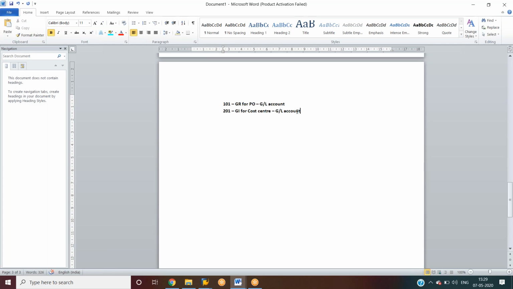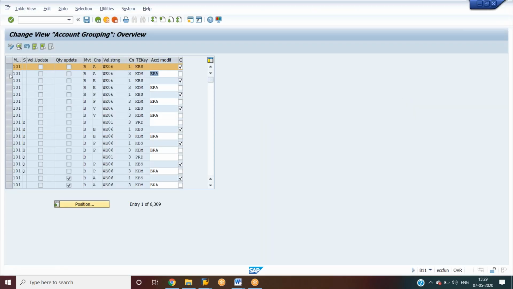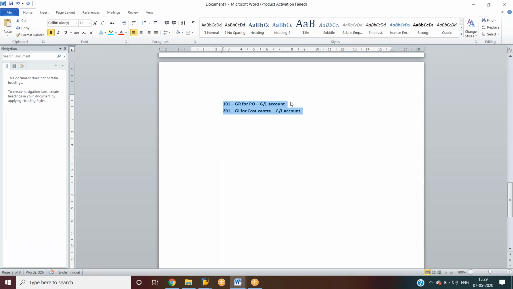So this behavior of the movement type will be defined here. Okay, so here in this step, how it's behaving. Whenever we are creating a goods receipt for purchase order with this movement type, we have a